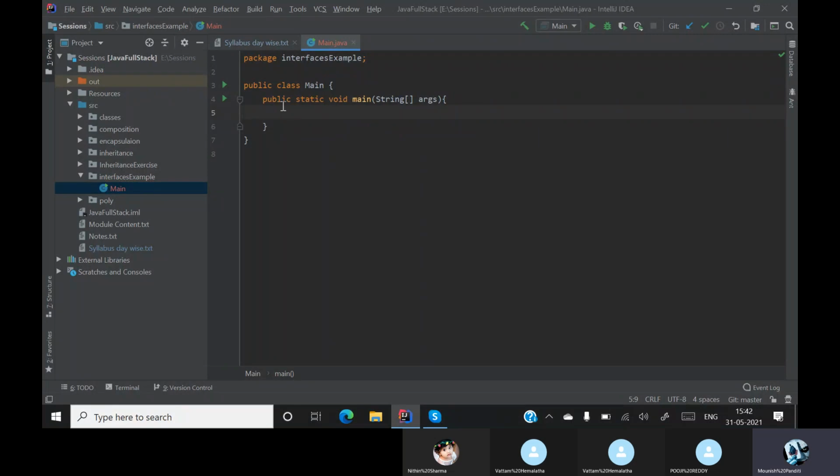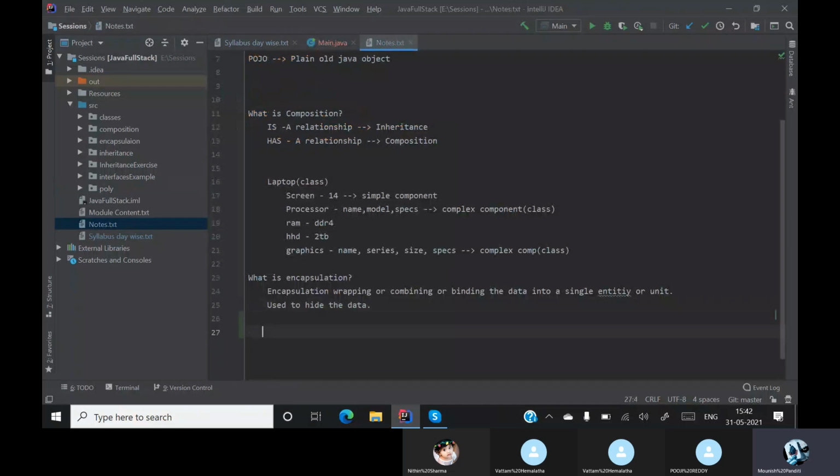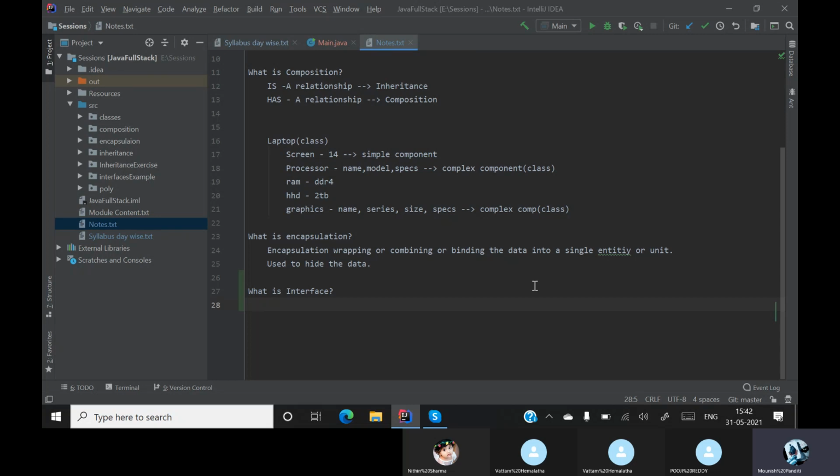Okay, so now the point of question is, what do you call an interface? What do you actually mean by interface? What is interface? Interface is a completely abstract class. No, not correct. What do you mean by an interface? Interface is a blueprint of class.